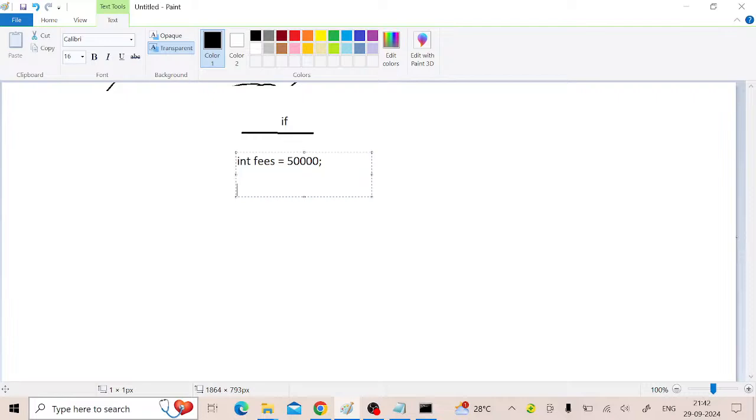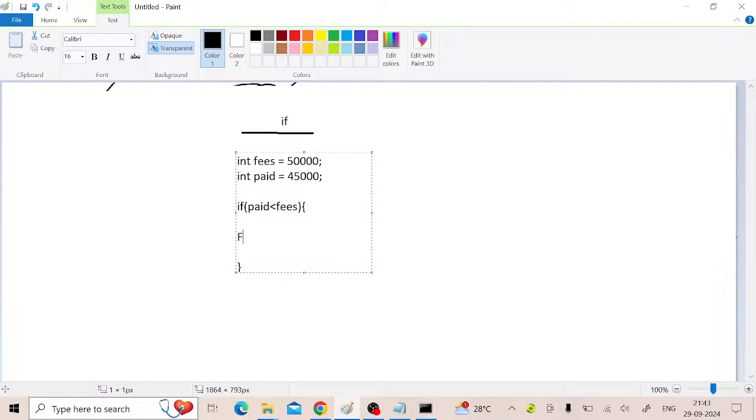After that we are providing the fees. If anyone paid money, int paid, let's take 45,000. So if paid is less than fees, then the condition will be